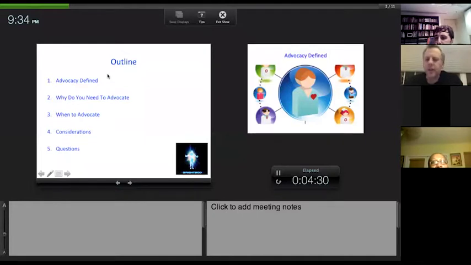This is just the outline really quickly. In thinking about this topic, there's a number of different salient points that I think need to be made. Of course, I could probably spend days talking about what it means to advocate on behalf of a patient or advocate as a caregiver. And everybody's going to come into this with their own experience. And so, it's going to be valuable at the end to share your experiences as well